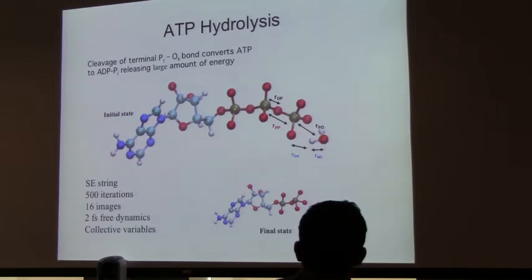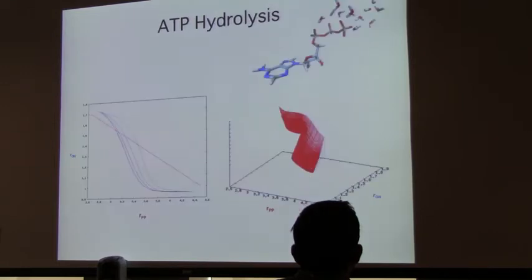Along the string we had 16 images, and in each one of these images we did just 2 femtoseconds of free dynamics. So I've shown here what the variables look like. This is going to be the initial state, and then here's the final state plot. Before I show you what the actual path is going to look like, I'm just going to show you